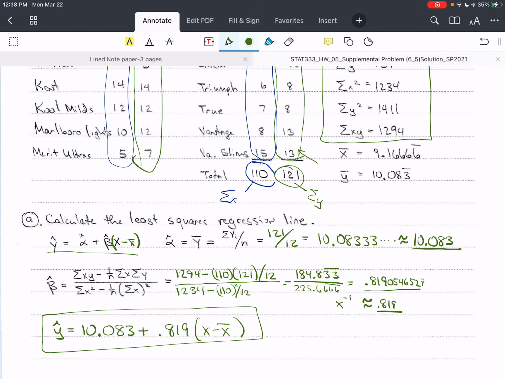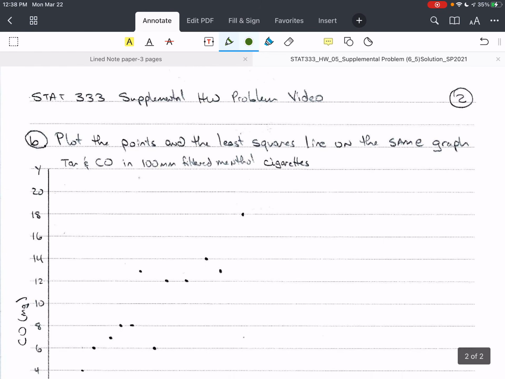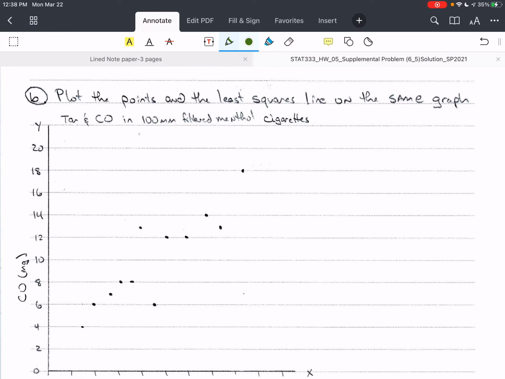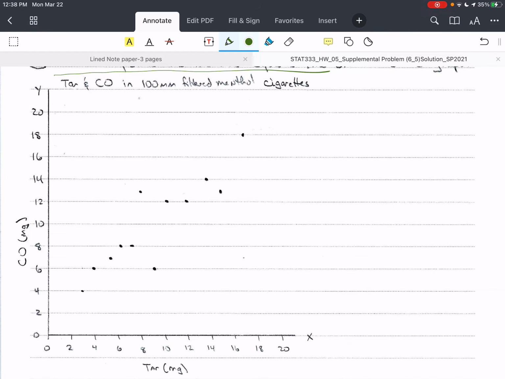Okay, now, in part A here, we have found the point estimate of alpha and the point estimate of beta. Those are alpha hat and beta hat. So when we get to part C, we've already done it, so we don't need to do it again. Okay? So part B is plot the points and the least squares line on the same graph. And so I've put the title here, tar and carbon monoxide in 100 millimeter filtered menthol cigarettes, from different brands. So on my x-axis is tar, on my y-axis is CO,